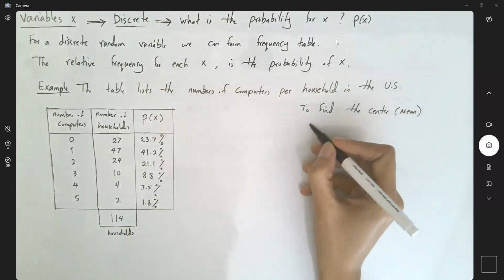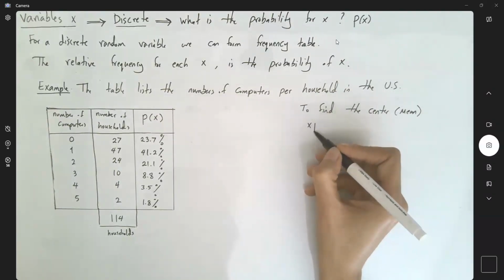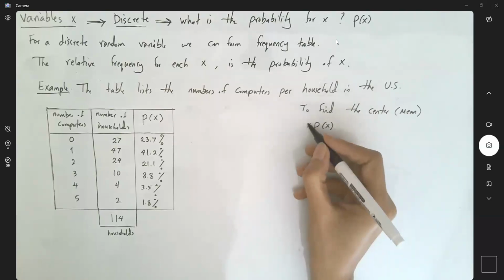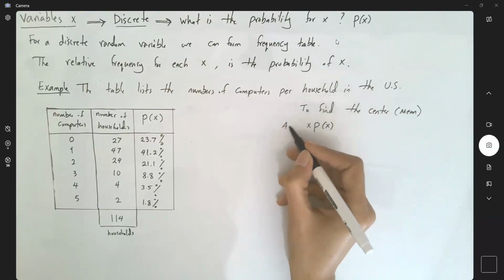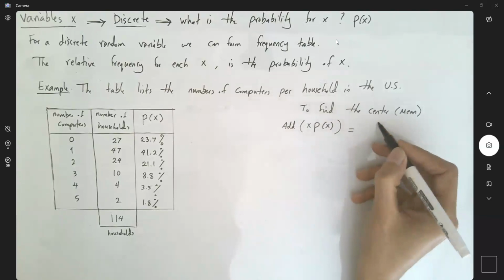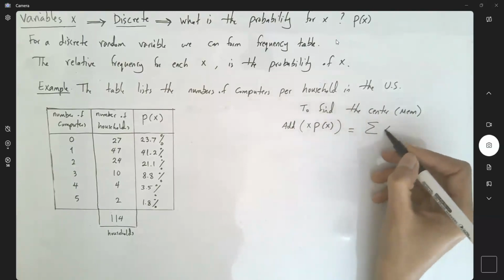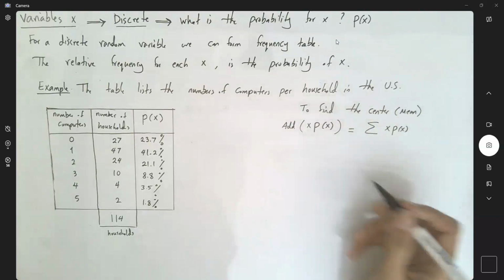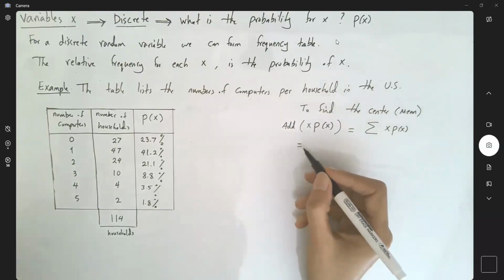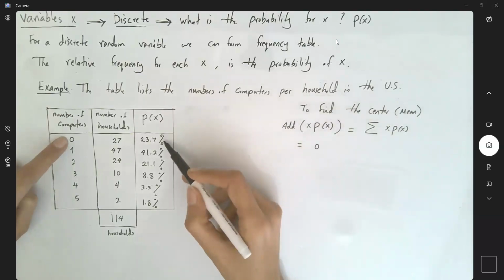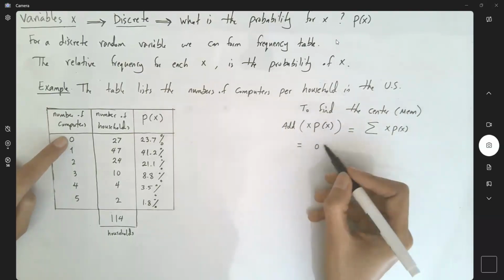You're going to take each x, multiply that by the probability of that x, and then add them all together. Mathematically, we write it as sigma x times p of x. What's the meaning of that? It means that in this case, I'm going to take the first x, which is 0, multiply that by its probability, which is